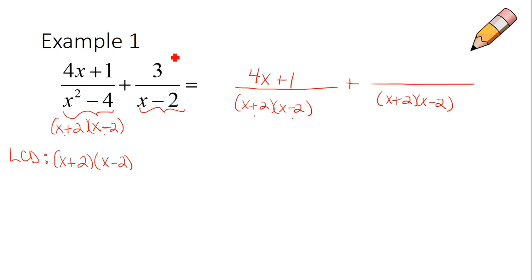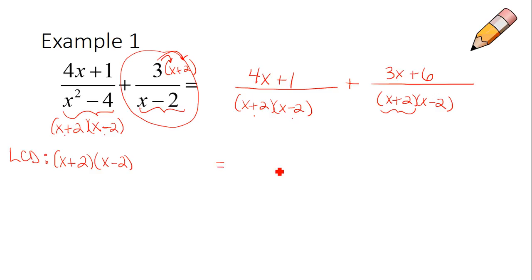However, the second fraction here only had an x minus 2. The x plus 2 that we wrote is now new to that second fraction. So we need to multiply the top of that fraction by that same thing. So this then becomes 3x plus 6. So now I have made common denominators, and I've changed the numerators to reflect how I changed